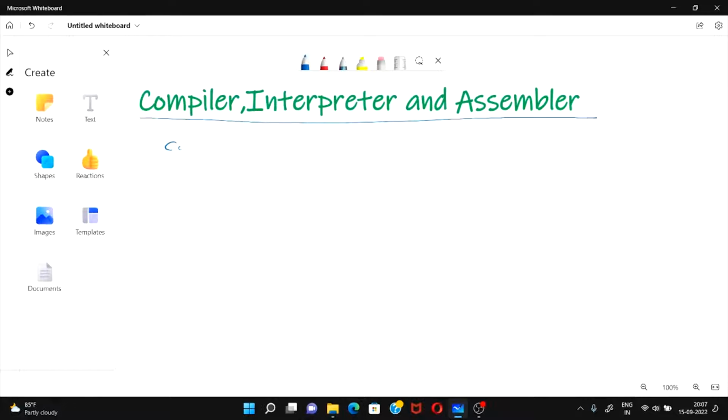So I'll start with the compilers. Simply we can say compiler is a program or a translator